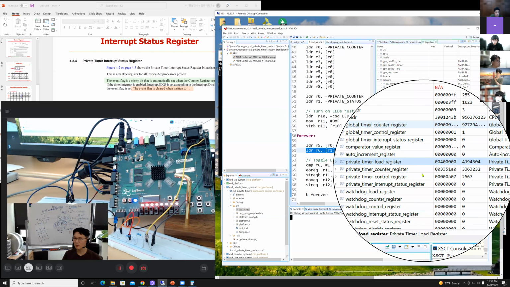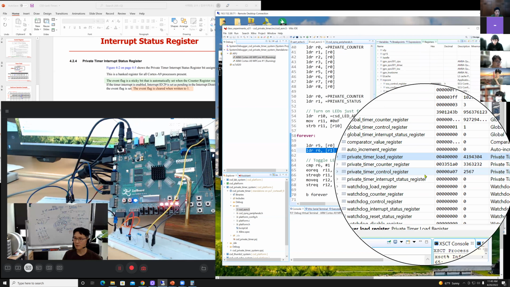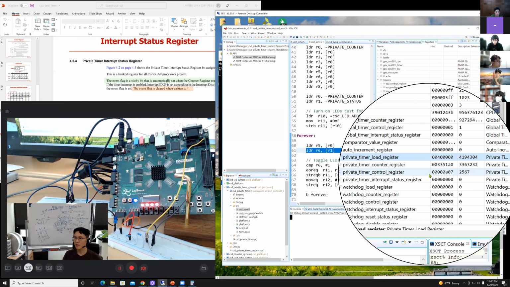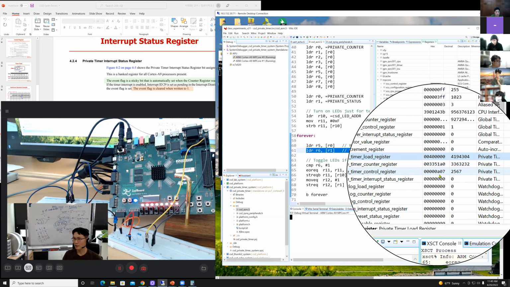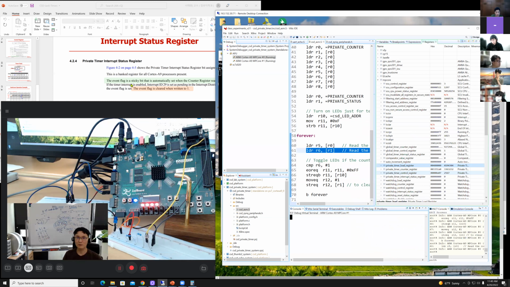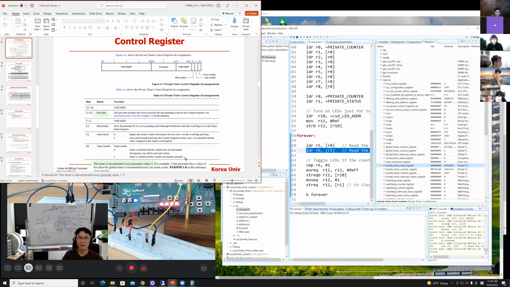And control register reset. Here, prescaler 10, which is A, right? And 7 is 111 in binary. This one. We set 111, right? IRQ enable, auto reload enable, timer enable, right? So you can check